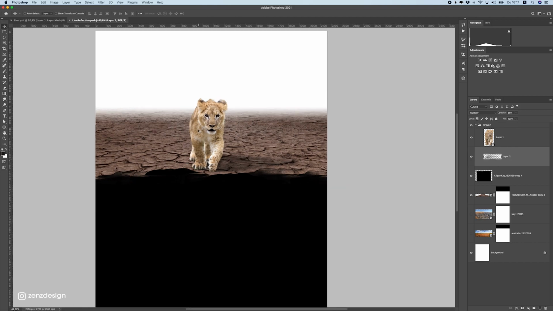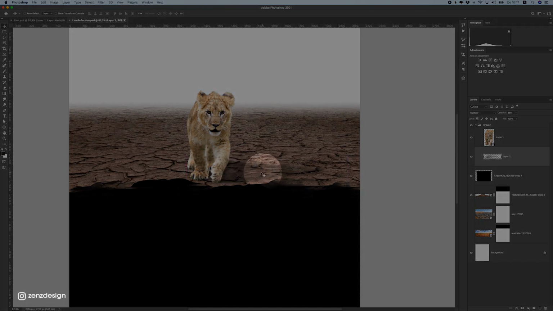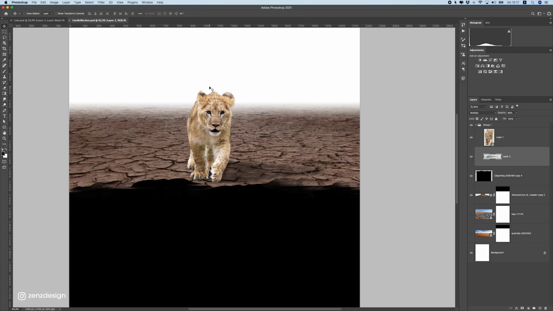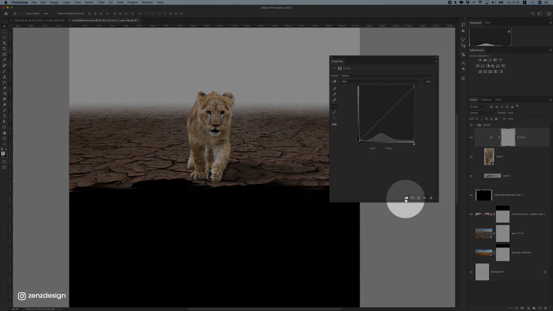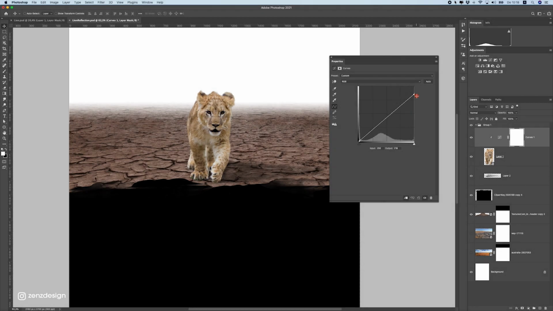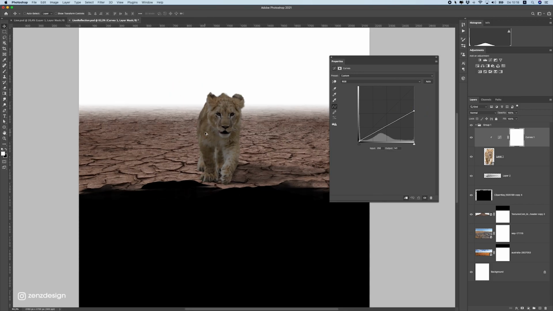The next thing we need to do is we have shadow on this side, so we also need to make sure this side of this line is a bit darker than the left side. So first of all, select the layer of this line and then add curves. So with the curves we can make areas darker and lighter. Make sure to press this so it only affects this layer here, and take the highlights and bring them a bit down like that. And try to find a nice area where this blends nice with this background, so something in the range of this.